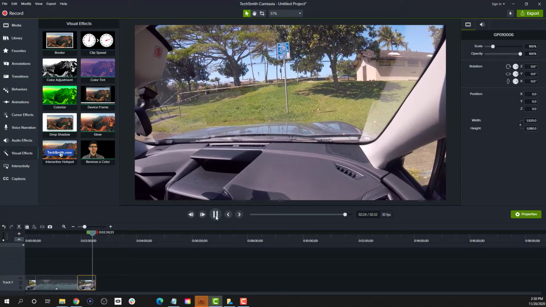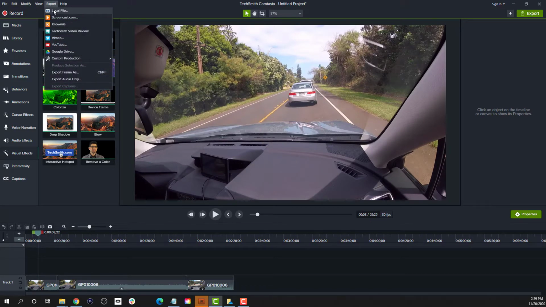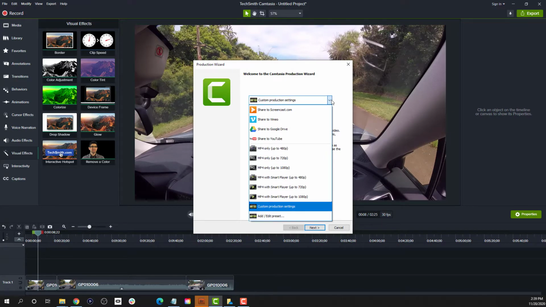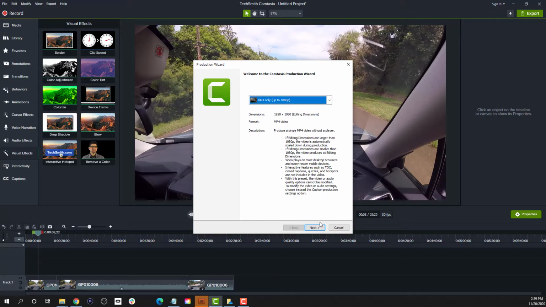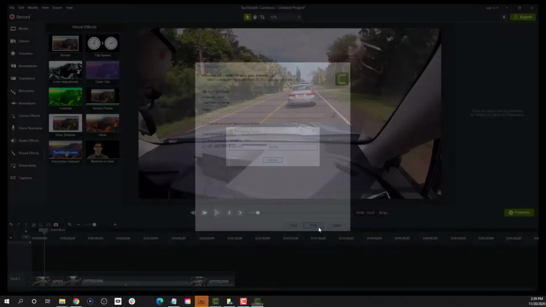So now what we're going to do is go back to the beginning, and we are going to export our file. So I'm just going to export it as a local file. So I go through and I choose the resolution that I want it to come out as, and I'm going to go next, and I'm going to give it a file name, and I'm going to store it on my Y drive. And then once that's done, I'm going to go down and hit finish, and it's going to start up the